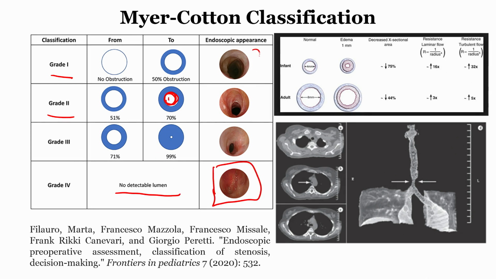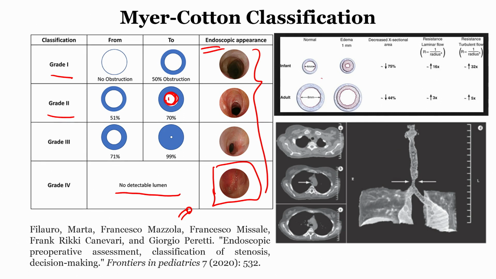Now, these are the images that were obtained using a bronchoscope. A bronchoscope is a tube which is inserted into the organ, and it has a camera which captures the internal structure of the organ. So, these are the bronchoscopic or the endoscopic images.